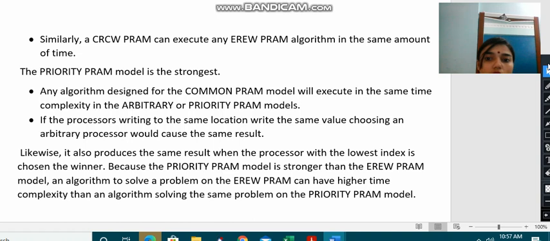The priority PRAM model is stronger than the EREW PRAM model. An algorithm to solve a problem on the EREW PRAM can have higher time complexity than an algorithm solving the same problem on the priority PRAM model. In the EREW, the time complexity will be higher. But in CRC